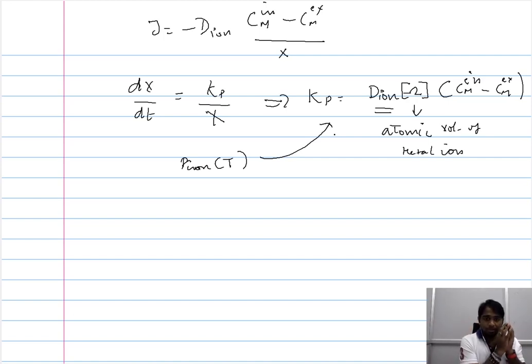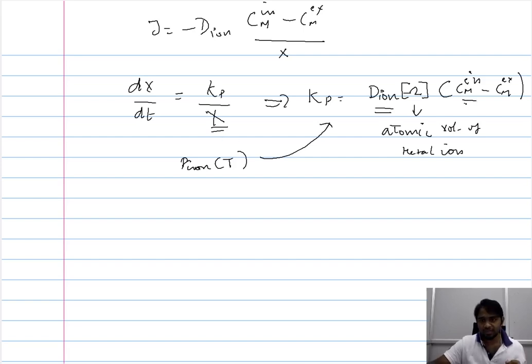So the parabolic rate of oxidation is fundamentally governed by the diffusivity of ion within the metal oxide. Since the diffusivity of ion within the metal oxide is governed by the temperature, you have a direct influence of the temperature on the parabolic oxidation rate. Now if you could consider here, this term varies with time, and this term is what governs, or what dictates, the oxidation rate.